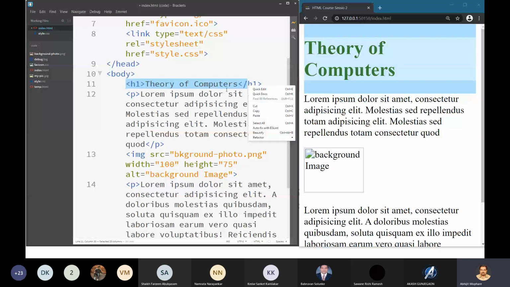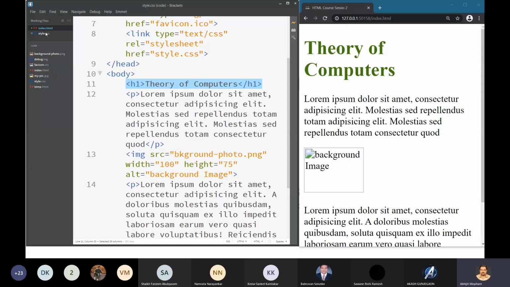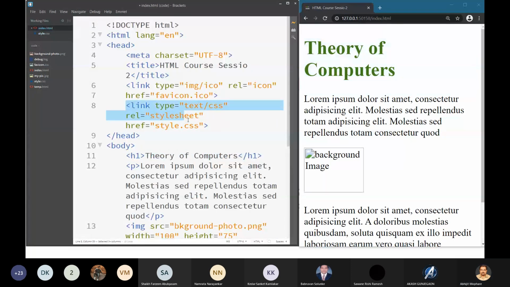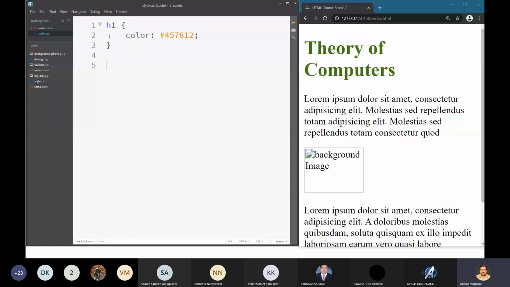it in the CSS file. So we have defined style.css, and then you specify in the HTML file that you want to associate this CSS file as a style sheet for this HTML document. You do that using the link element. Then in the style sheet file, we have selected that H1 element and applied the CSS rule.